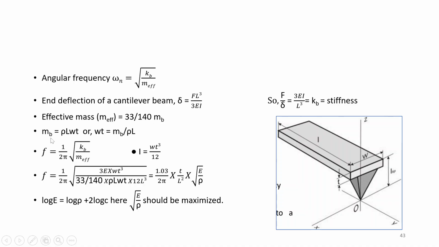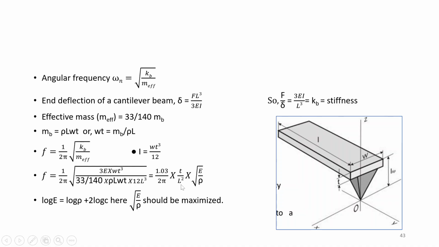Now mass of beam can be given as rho times volume. Volume can be given as length times width times thickness. So this Wt can be written as mb upon rho L. So frequency can again be written as 1 upon 2 pi under root kb upon the linear frequency, compared to angular frequency, it is written as this one. Then inertia value can be given as Wt cube divided by 12. So F can finally be written with all these equations as this one, and it can be solved as this